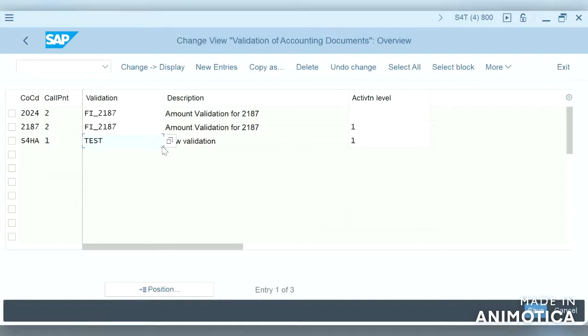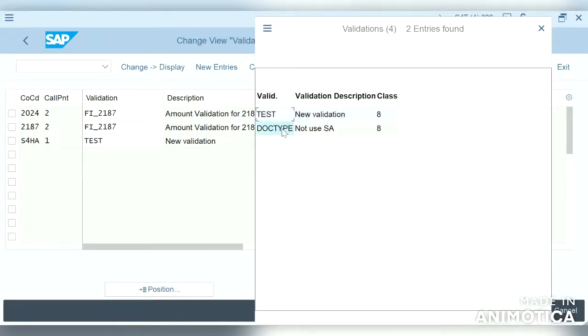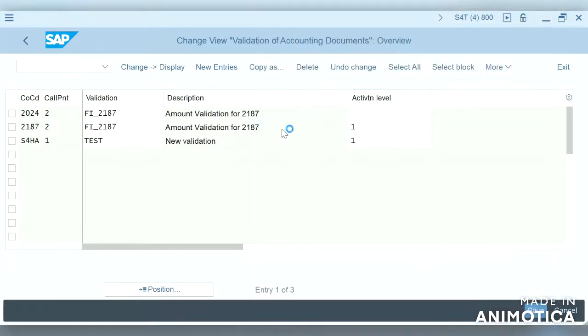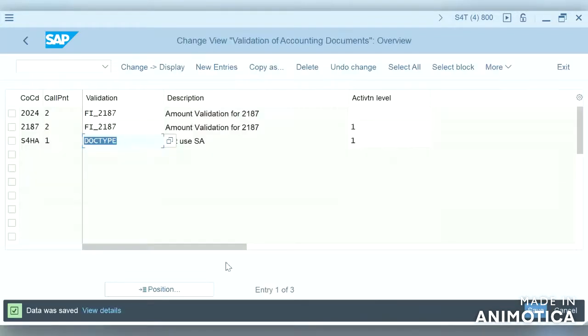Here we can even change to doc type. We have 2 validations, right? Not use SA. It will be the same thing. I have configured the same configuration in both just to show you as an example.